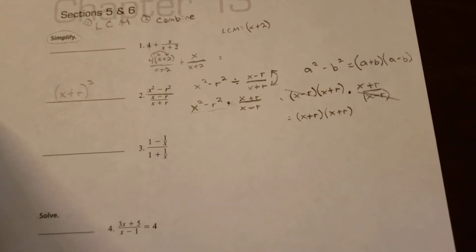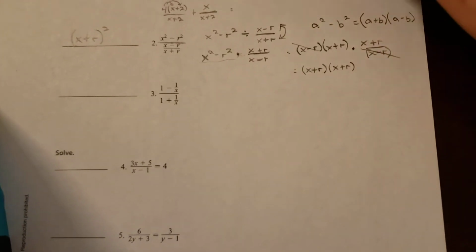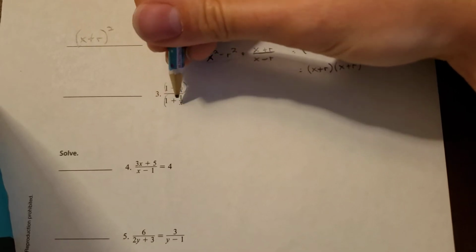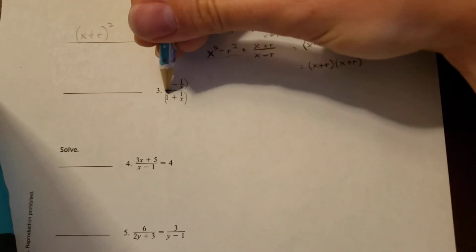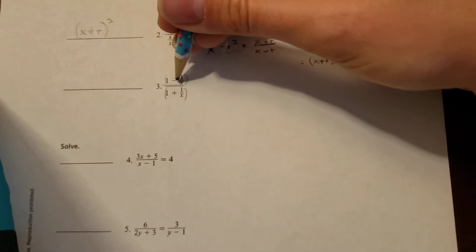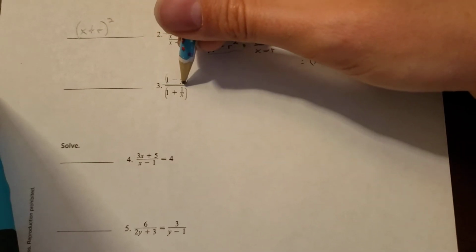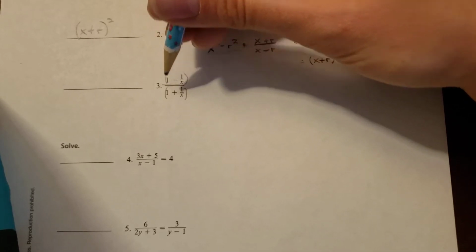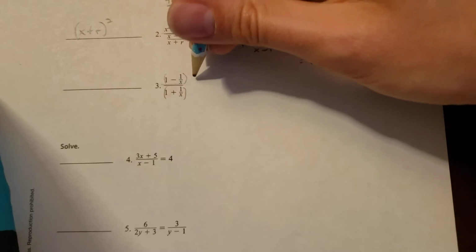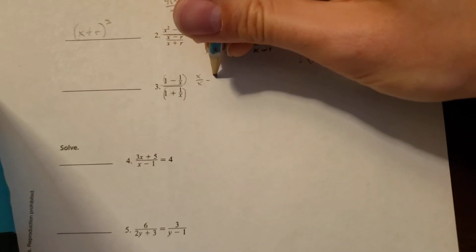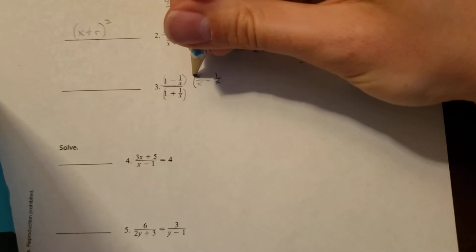Let's move on. Number 3. Okay, number 3, it's ugly. What we first need to do is combine these guys and those guys before we divide. So let's do that. On the top, my denominator has to be x. So I'm going to multiply both top and bottom by x, which is going to give me x over x minus 1 over x